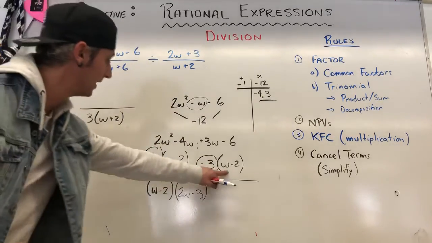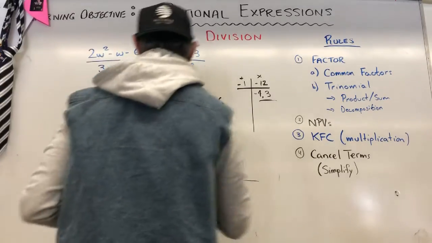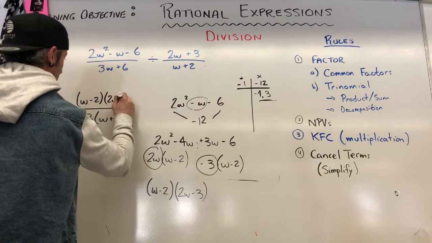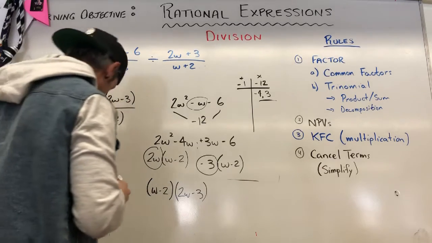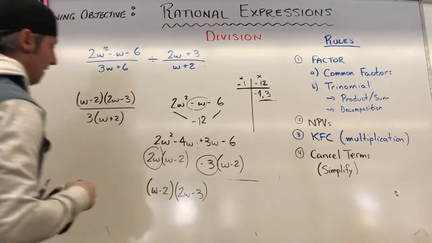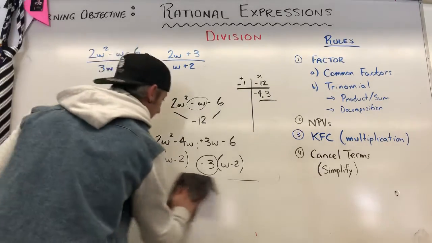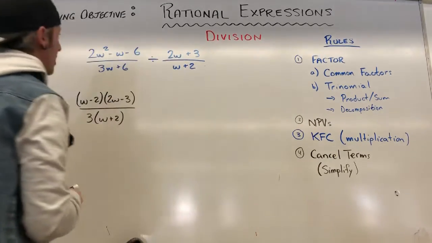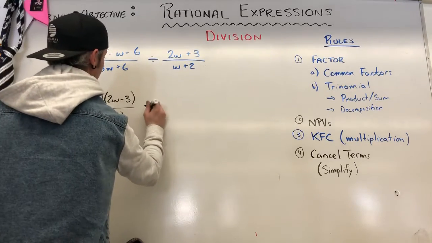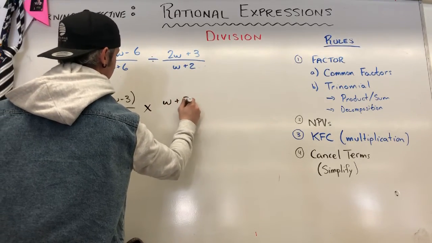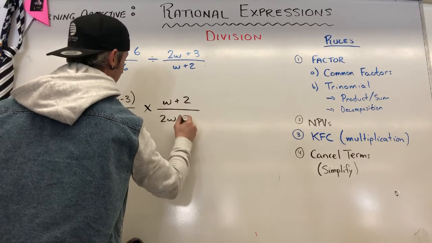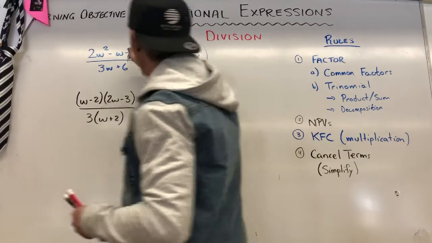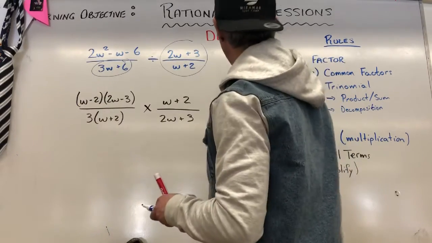First factor is that one. Second factor is that one. So I'm going to put that back up here. I get w minus 2, 2w minus 3, and erase all this. And now I'm going to flip this. I'm going to do my flip of this one. And then I'm going to do my NPVs, 2w plus 3. So my NPVs I'm doing on everything that I'm dividing by, so both the top and bottom here, and then that guy. So my NPVs then become,